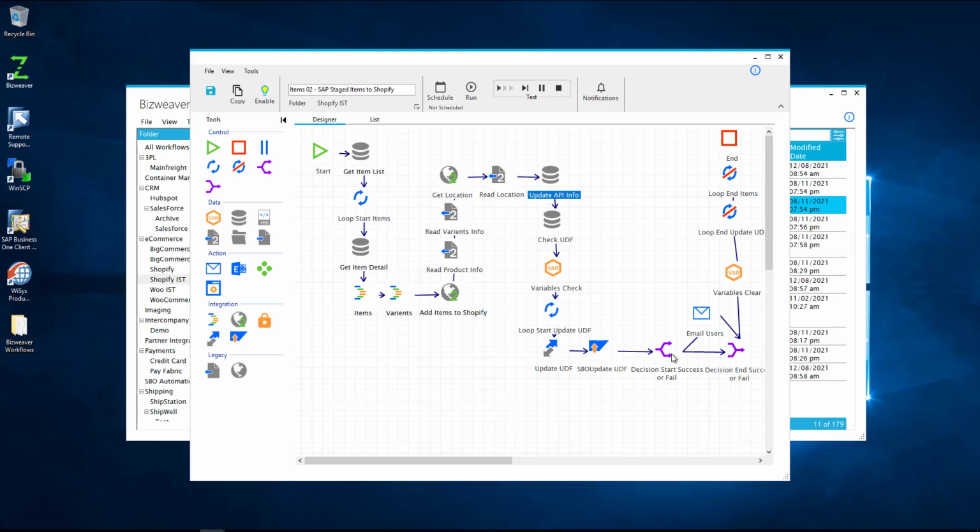So if the item failed to update in SAP, we can email a group of users, or we just skip over that and let the process continue adding those items. We're going to then end our loop to update SAP, and then we're going to end our loop to update those items. So as you can see, it's a very simple process adding products through the Shopify API,